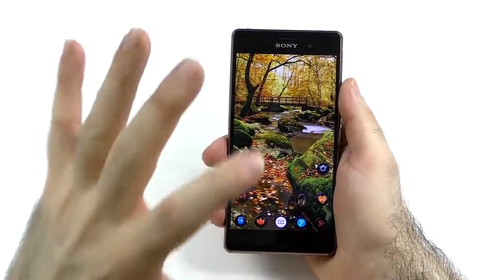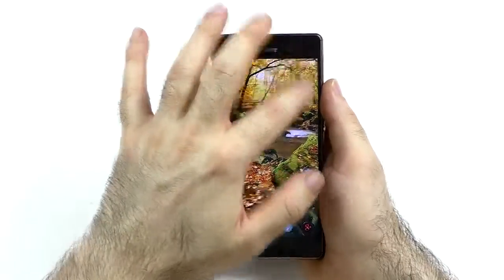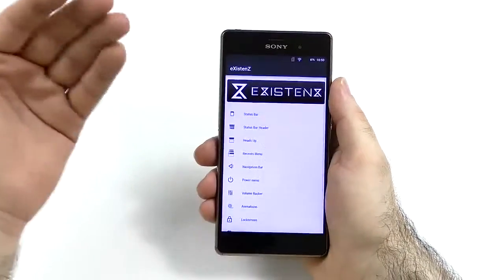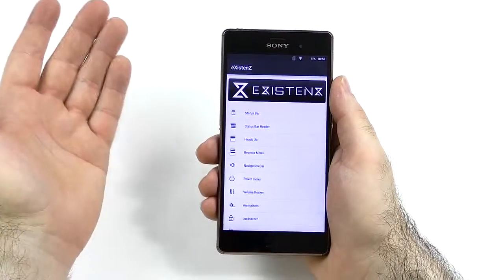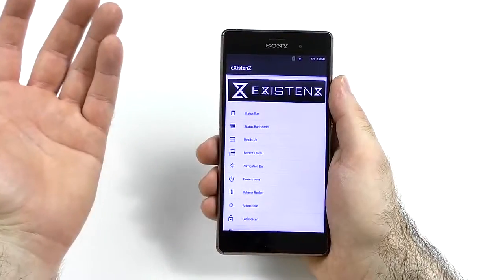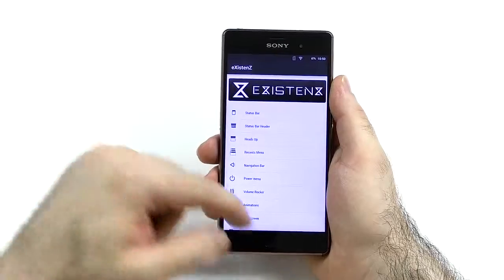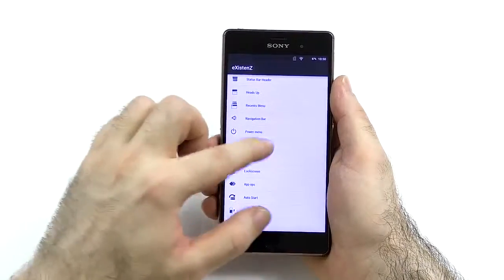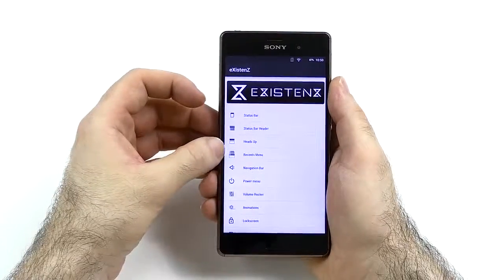All I can say about this ROM: performance is top notch, battery life seems to be pretty much the same so far, and you get a lot of custom ROM features without having to use a custom ROM or maybe Xposed, because I know a lot of people don't like Xposed, but a lot of people love it. You can use both, of course, but at least you maybe don't need all the modules now. I definitely prefer it, and I will try to not use Xposed because I definitely see a performance hindrance